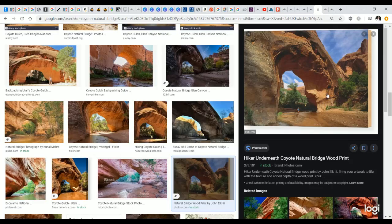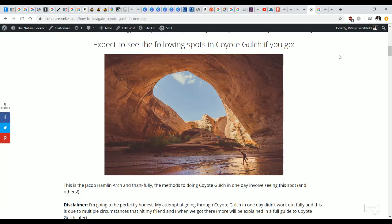that are down there, such as the Coyote Natural Bridge, which is this over here, and the very famous Jacob Hamlin Arch. Coyote Gulch is a very beautiful place, but it's also very, very remote. I did a lot of research before I went into Coyote Gulch. I watched a lot of YouTube videos, I checked out a lot of sites, forums, and all that sort of